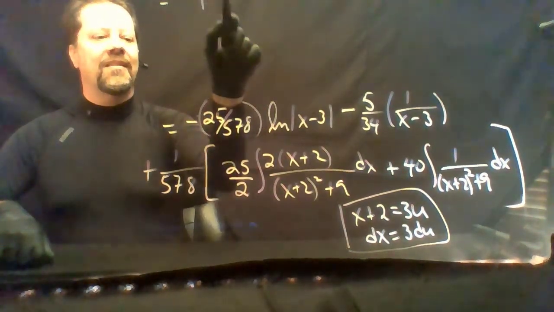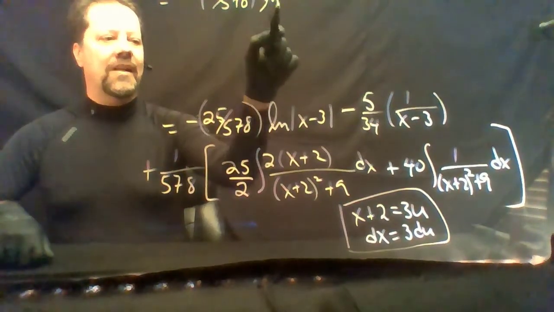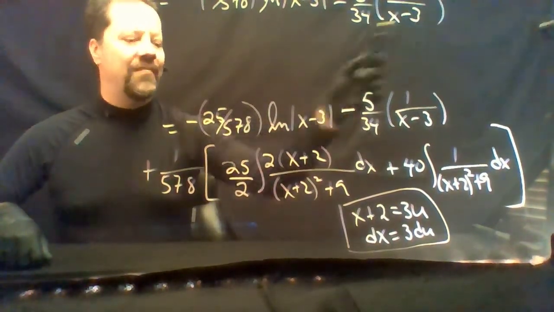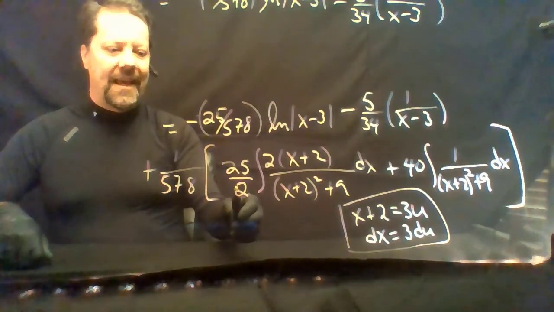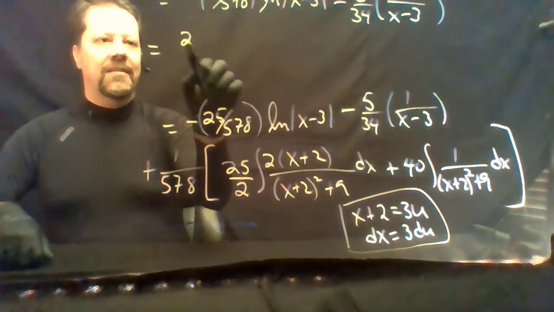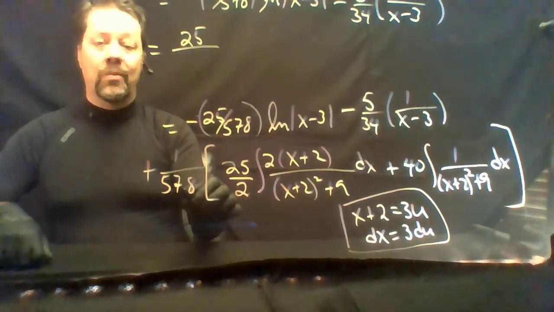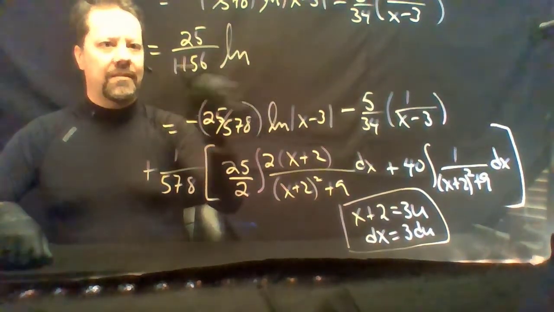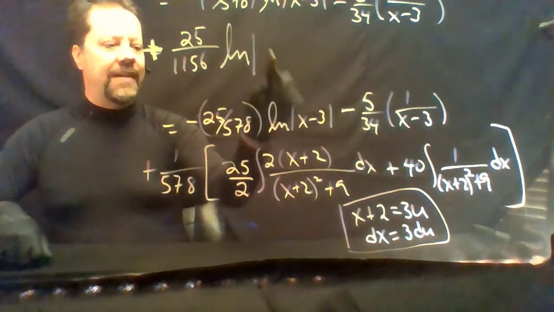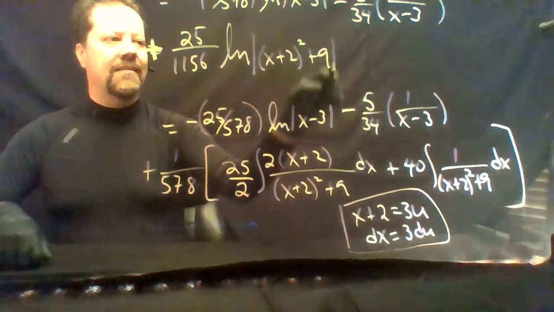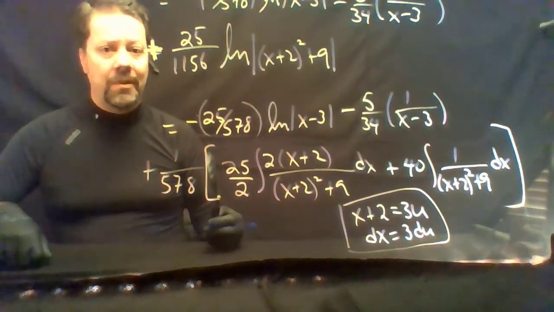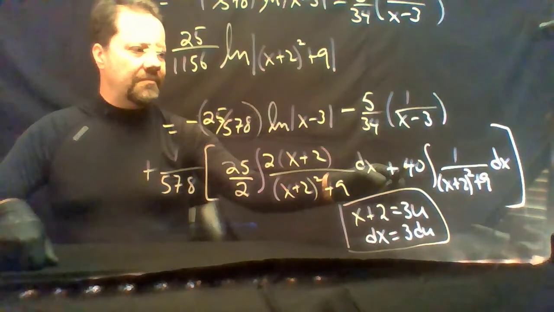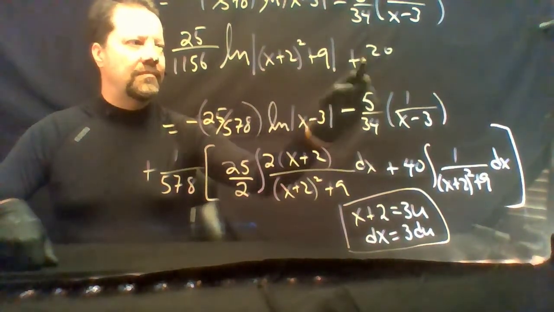We'll have minus 25/578 log absolute value of x minus 3 minus 5/34 times the quantity 1 over x minus 3. Now, we can distribute, I suppose, 25 over 1,156. On this last part, we're going to get log absolute value x plus 2 squared plus 9. And I guess technically the absolute values are superfluous here. Continuing to distribute, I guess we can cancel a 2 here. We'll get 20 over